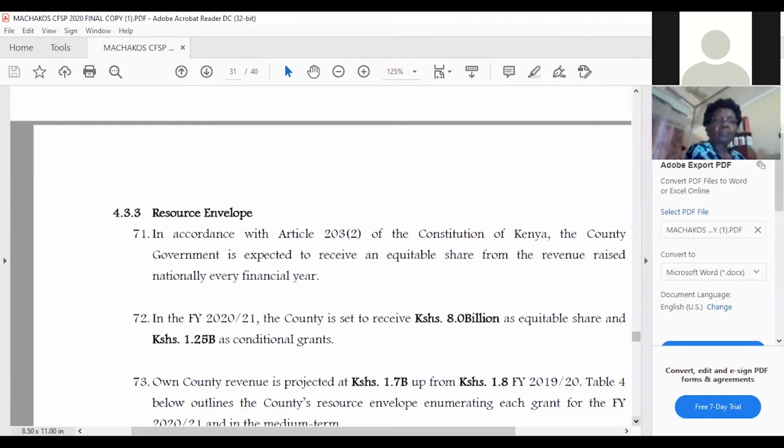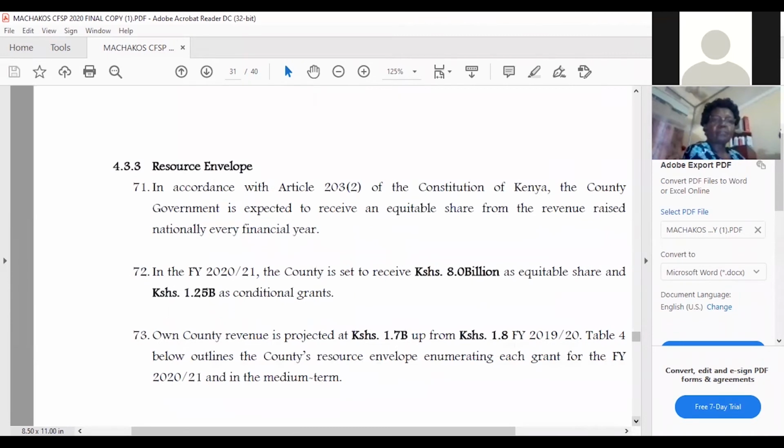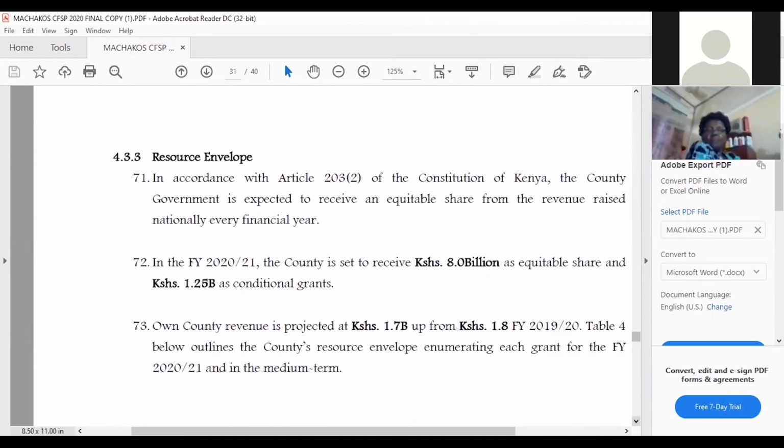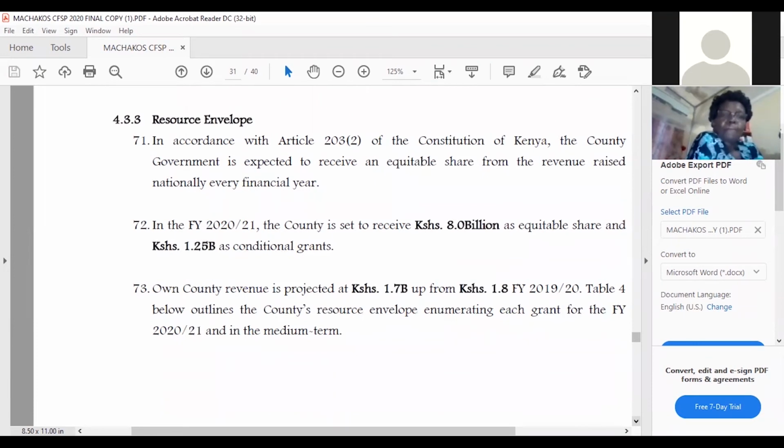So even with regard to resource envelope, you can see that in accordance with Article 203 of the Constitution of Kenya, the county government is expected to receive an equitable share from the revenue raised nationally every year. So before we go there,